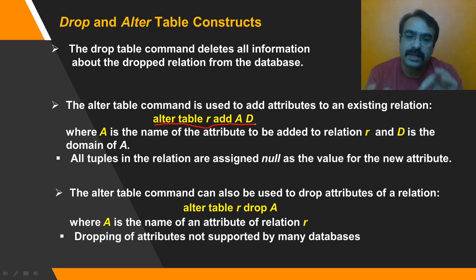Okay, as soon as you add that, one column will be added in the relation and all the values in that will be made as null, because we are expecting that there exists a table which already has some information in that. Let us say that we have a table of branch and already 10-15 entries are there, and later we are adding one column. So at that time all the values in that column will be by default made as null.